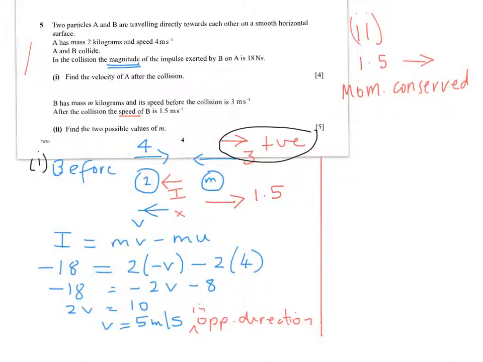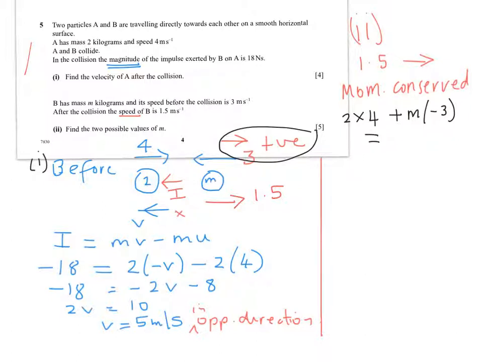So we're going to have 2 times 4, mass times velocity, and we're adding on the momentum of B before the collision, so that will be m times -3, because it's going to the left, which is the negative direction, so that's the total momentum before, and that will have to be equal to